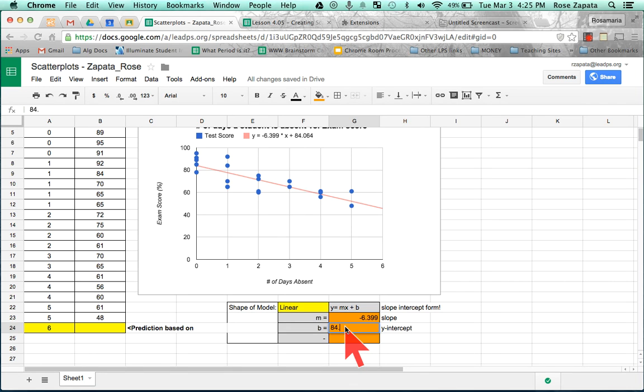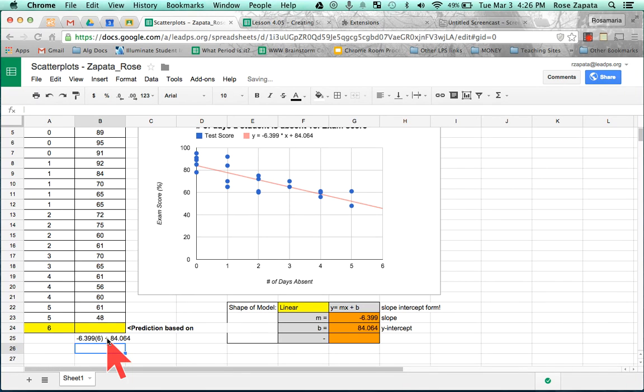84.064. Okay, so yes, if I wanted to know what score I should expect if I'm absent for 6 days, I would substitute 6 in for x to solve for y, because being absent for 6 days is our x variable. So ultimately, I'd end up doing negative 6.399 times 6, and then I would add